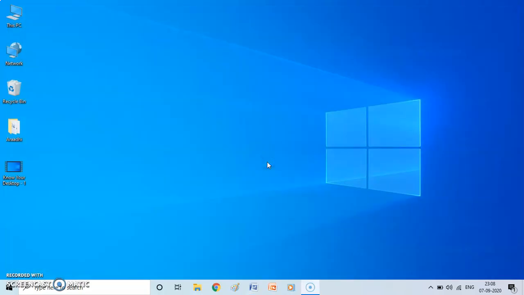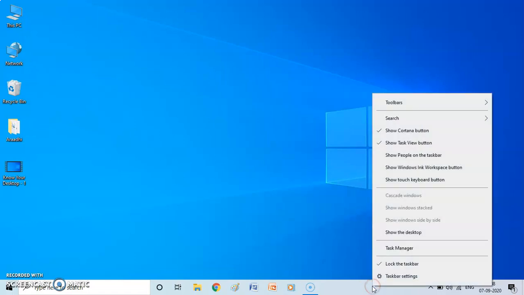Close all of this. The taskbar can be moved to the sides or the top of the desktop. Now it is not compulsory that you keep the taskbar over here only all the time. Usually it is preferred over here because it is the most convenient and most easy to access place. But if you want to move it, you can do that. Let me show you how. So first we will have to right click on the taskbar. So let's right click. Now why will I right click on the taskbar? Because this taskbar is locked. So while my taskbar is locked, I cannot move it. So first I'll have to unlock this taskbar.